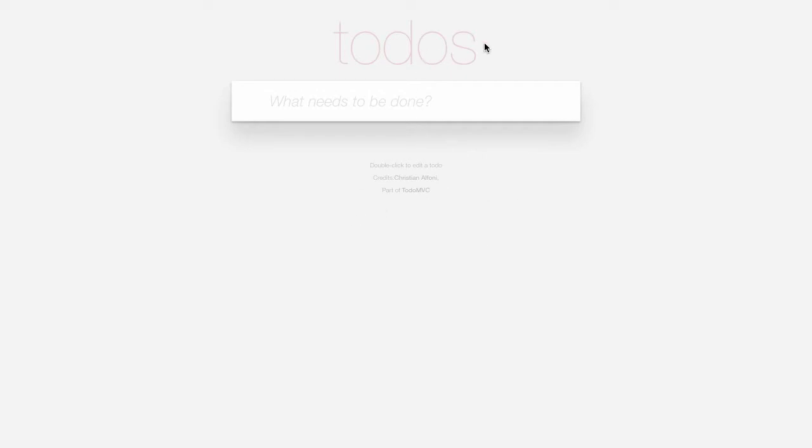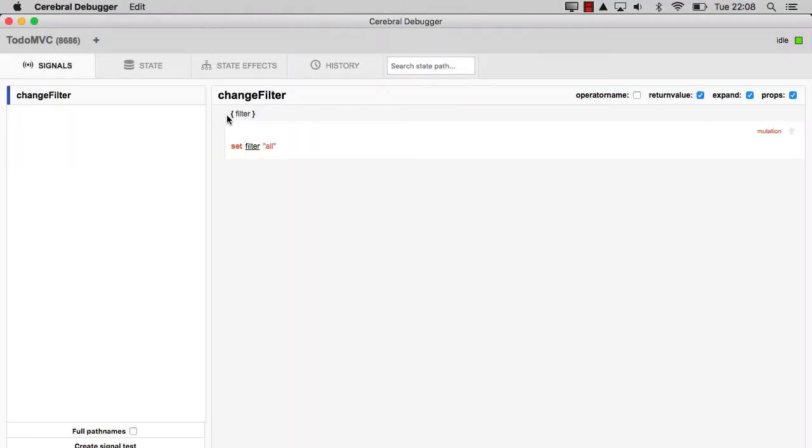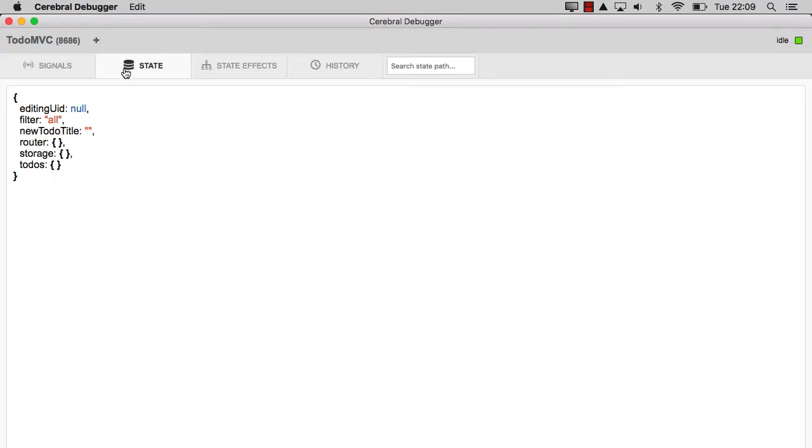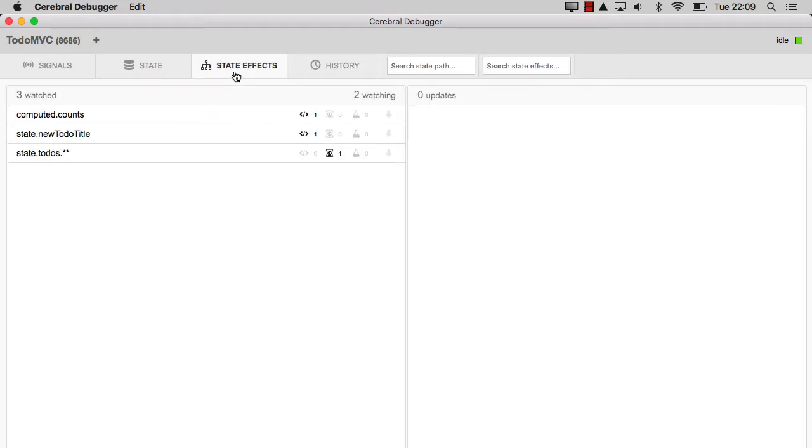So I have the To-Dos app open here, and if I jump into the debugger, we can see that we have the traditional stuff. We have the signals, we have the state of the application, and we have the history. But now we also have this new tab called state effects. And what state effects shows us is what state is being watched by the application and what depends on this